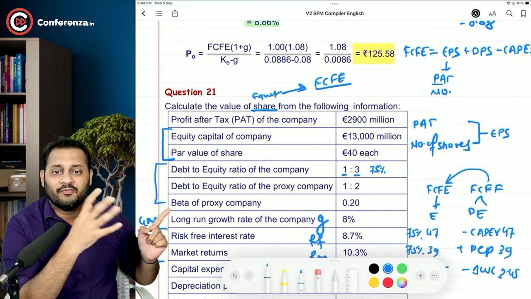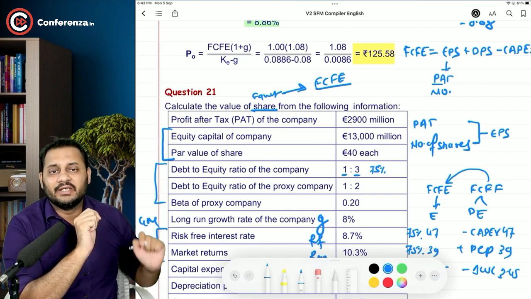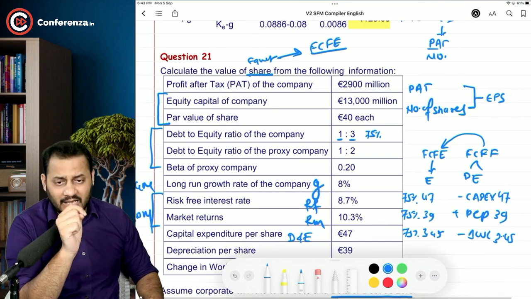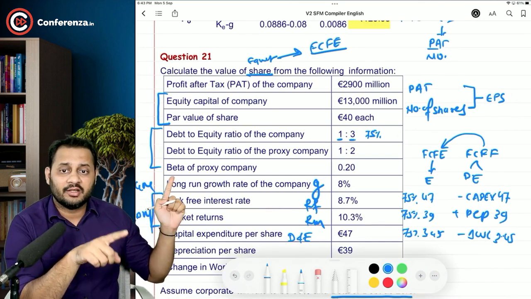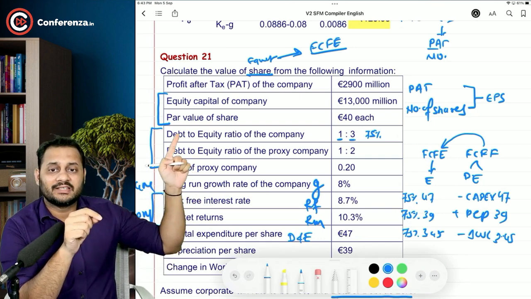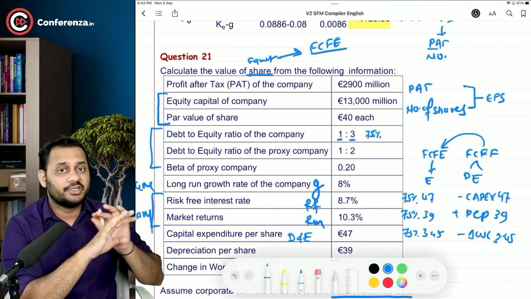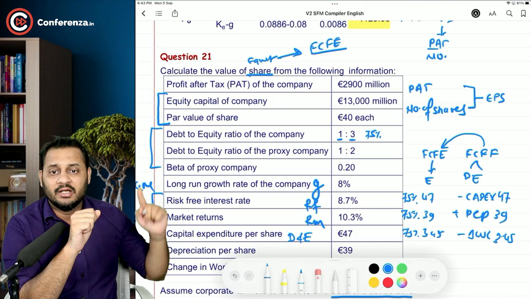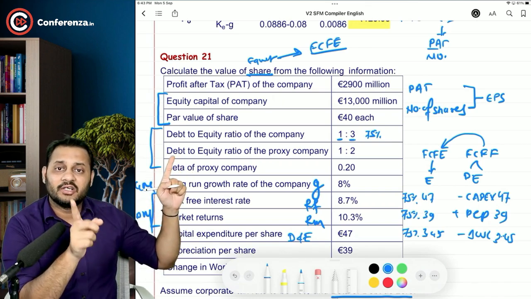And the beta of our company is not given. The beta of the proxy company is given to us. What will happen? Can we use that? Yes, we would have used that if the proxy company's debt equity ratio was the same as ours, and we can clearly see that the proxy company's debt equity ratio is not the same as ours. That means the risk of the debt in our company is different than the risk of the debt in their